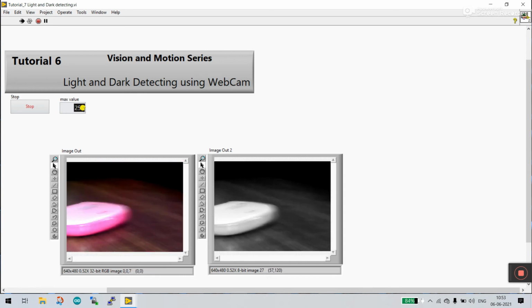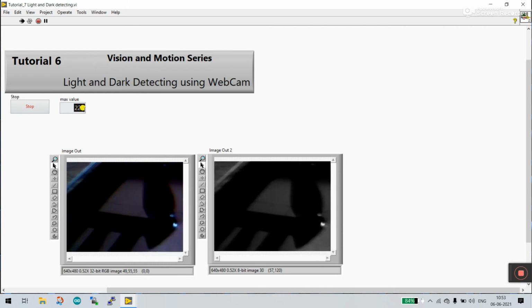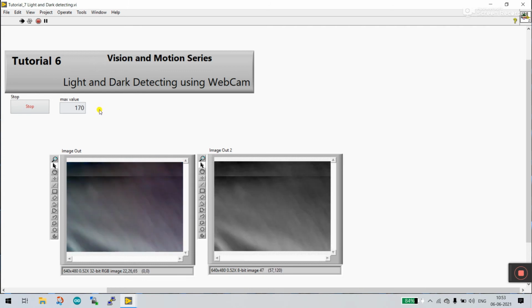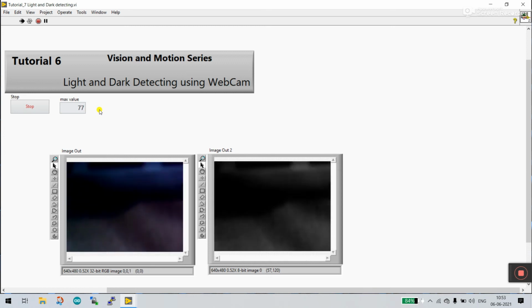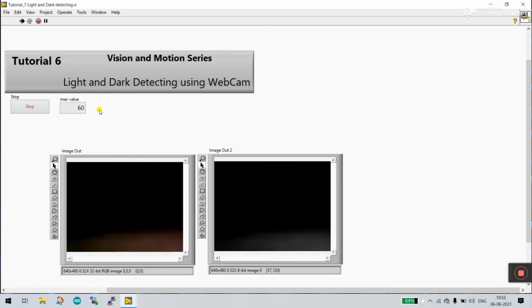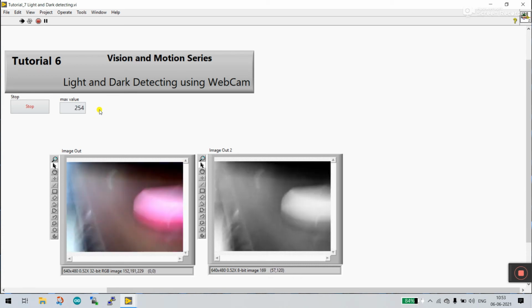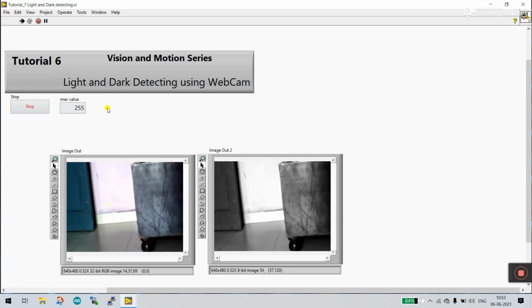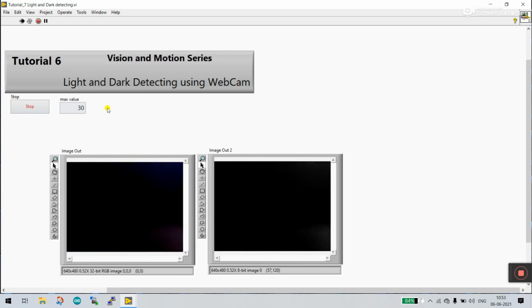When I go near a dark area, now you see the value is changed. You see the maximum value is nearby 60 or 50, and it's 0 when fully black. With the help of this we can create an indicator. If we have full maximum light then one LED is on, if it's dark then the other LED is on, and that displays your area is dark.